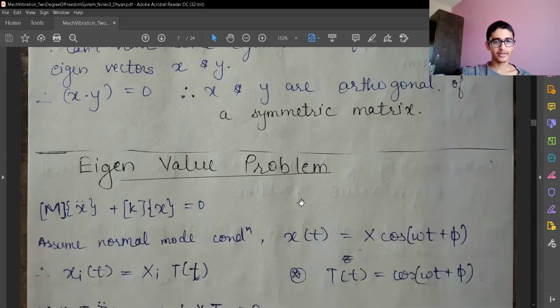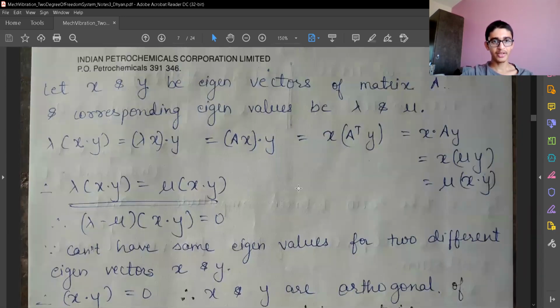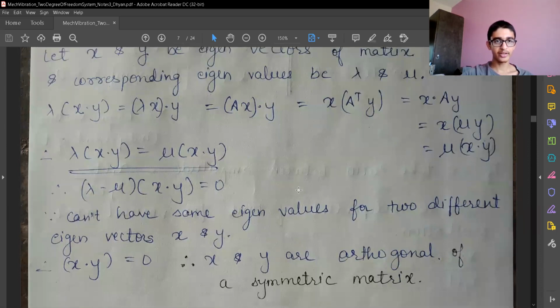That's all. In the next video, we'll start with the eigenvalue problem. And we are left with the damping matrix, but we'll look at the damping matrix at a later stage because they are generally non-symmetric, and that's why they are harder to simplify and get the solution. So in the next few videos, we'll look at non-damping matrices or systems which are free of damping.